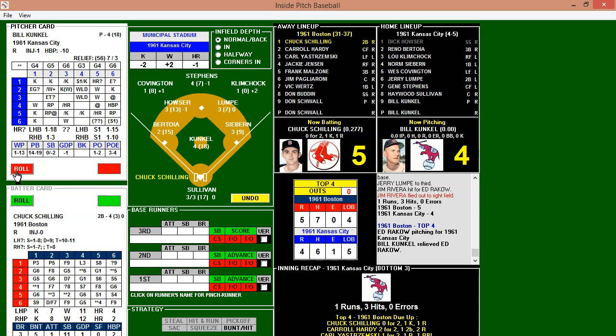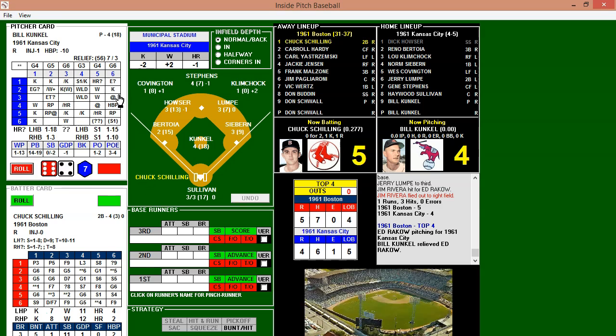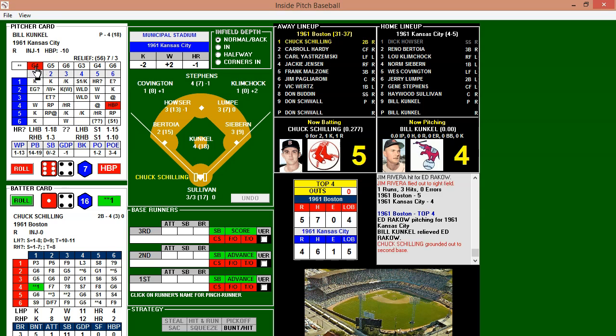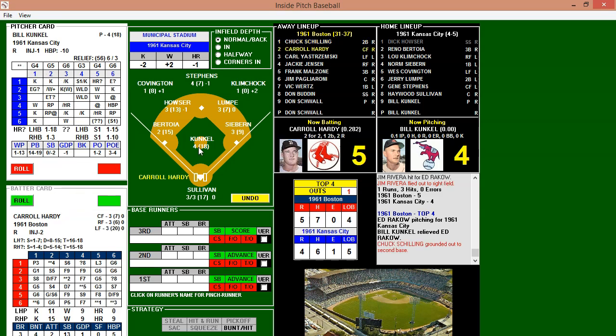Schilling 0 for 2, did reach on an error. Here's the pitch. And one inside just misses him. And that's going to be a ground ball to second. And it'll be out number 1.